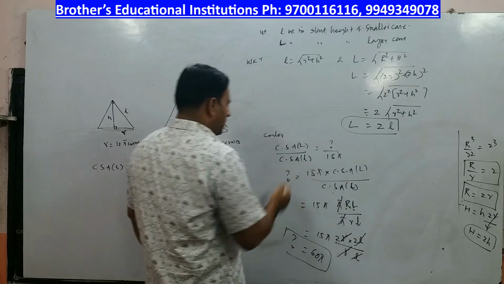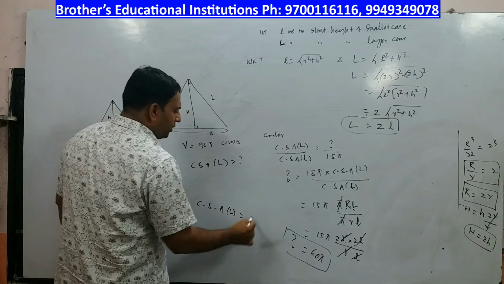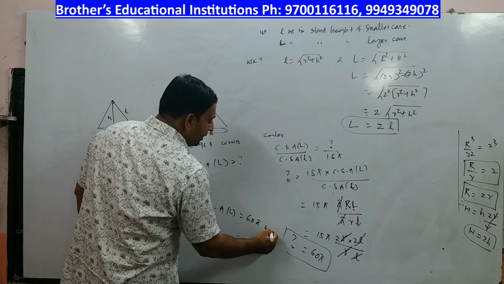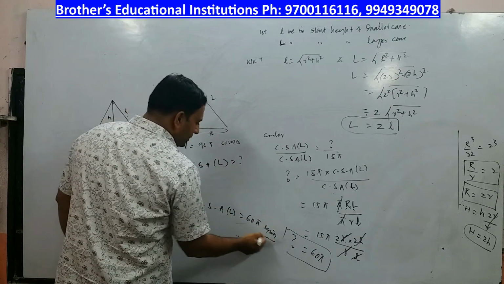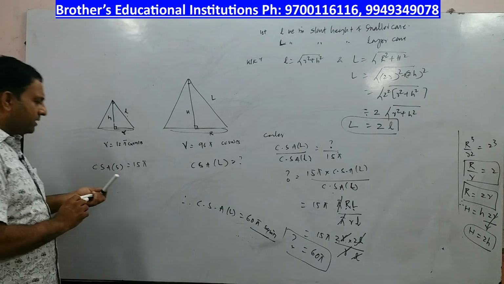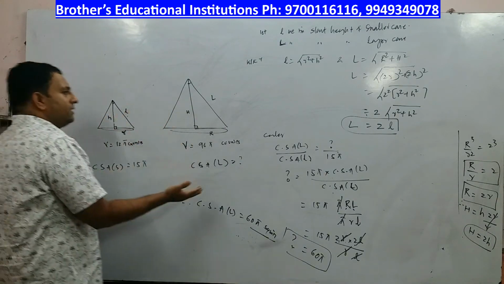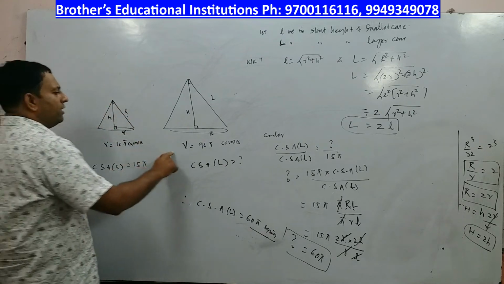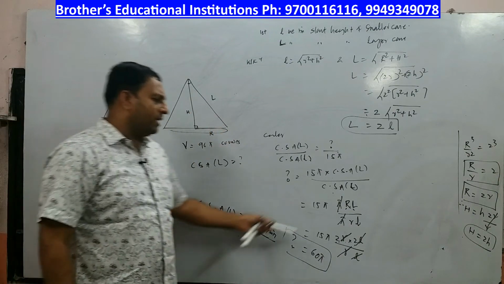So therefore the curved surface area of the larger cone is 60 pi. We are dealing with area, so square units. This was cubic units, volume. Now here you write this as square units. Please try to understand. Nothing is given to you, only they have mentioned that they are similar. Because they are similar, their sides are proportional, and also volume is given to you. With the help of volume, you could get the other values and the ratios, and then you have the answer.